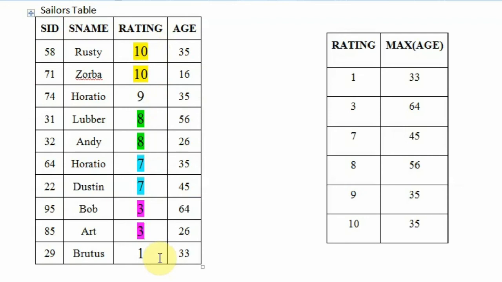Also 10, because this person Zorba is removed from the table itself, so I should not be considering it. So which ratings will be considered? 3, 7 and 8 only, because the rest of the rating groups have only one person in the group. I hope you understood this. Only 3, 7 and 8 will be considered because they have more than one person in the group.